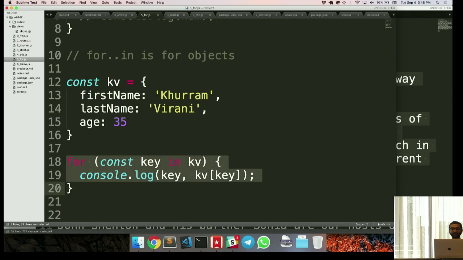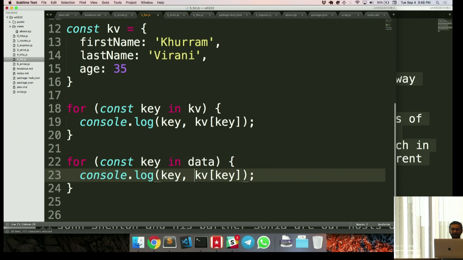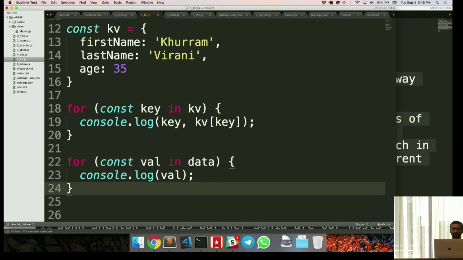Before we get to arrow functions, what happens when we use for...in on an array? We have an array at the top there, data, and we'll call it val here. What happens when you do that? I may have tried this a while back. I haven't recently, so I would only have an assumption. Do you guys know? Have you tried this?